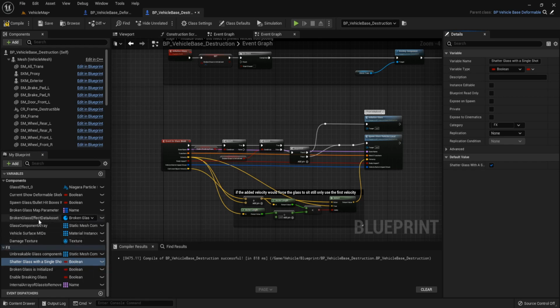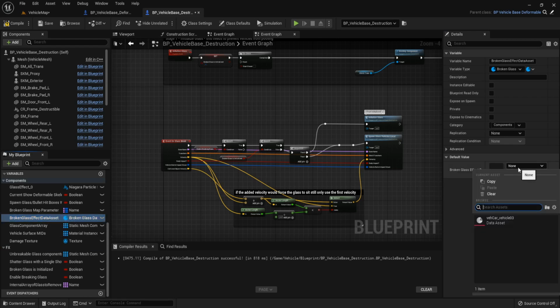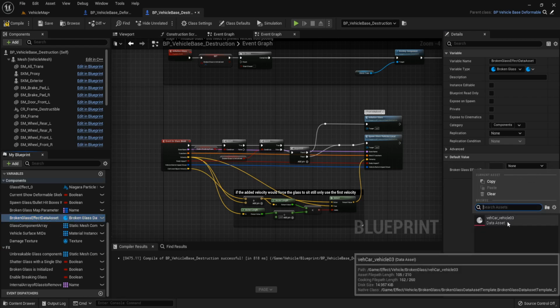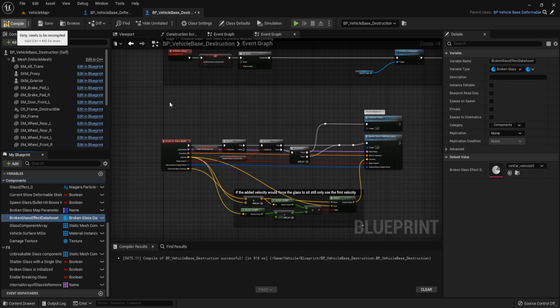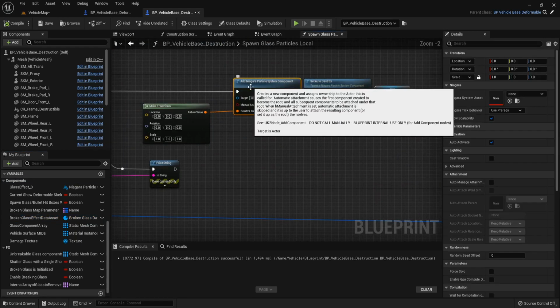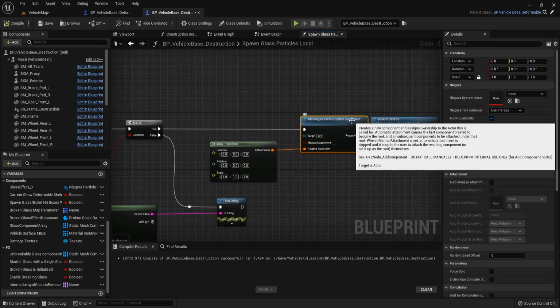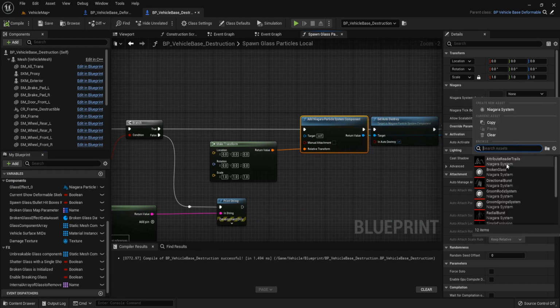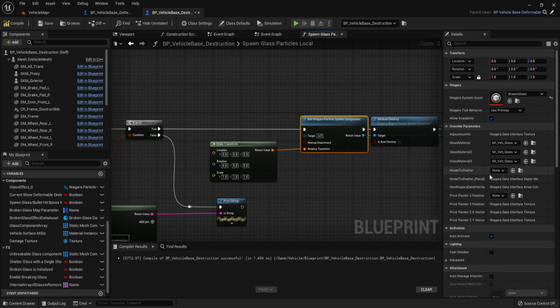And broken glass effect data set, we set it to the vehicle car vehicle 3 data set. And click on the spawn, add Niagara particle spawn, set it to broken glass Niagara system.